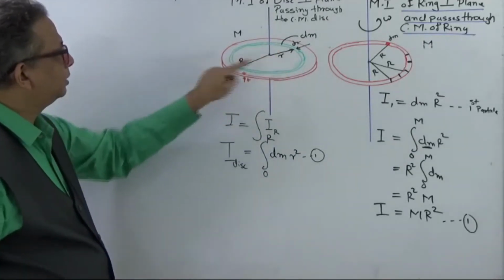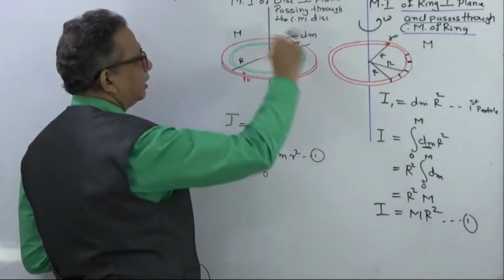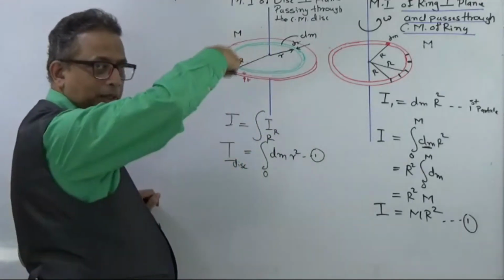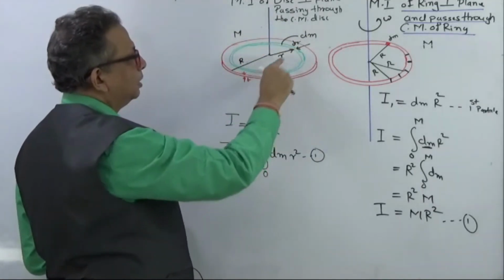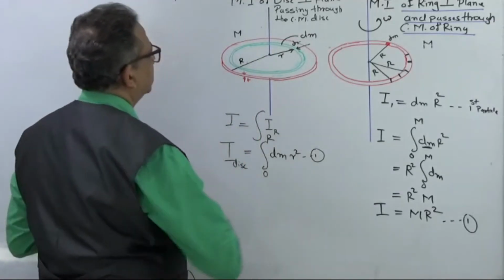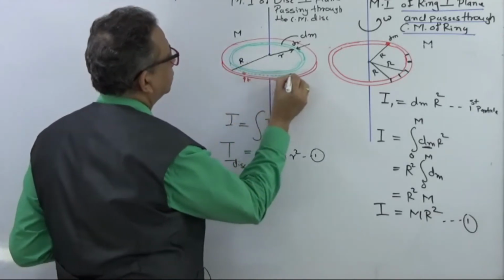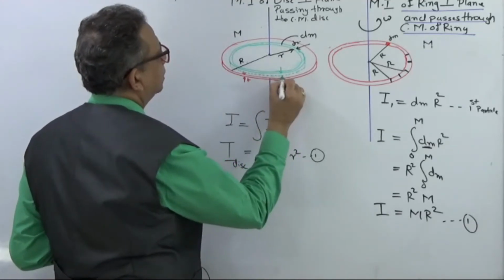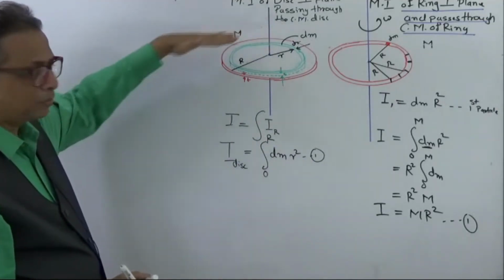Now look at this ring: the radius is r, the width is dr, and when I cut this ring it will also have the same thickness t, because I am cutting from the top. If I slice out a ring from the disc, that ring will also have the same thickness t. That thickness t will not change, so this thickness t will remain the same because it's an internally cut ring from a disc.